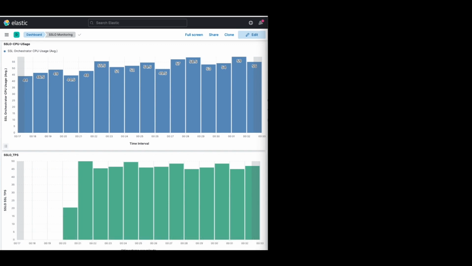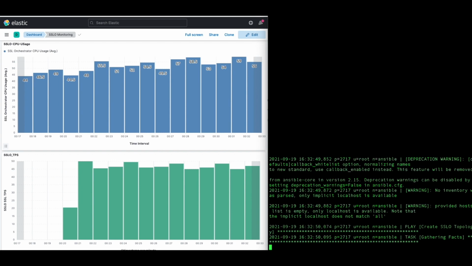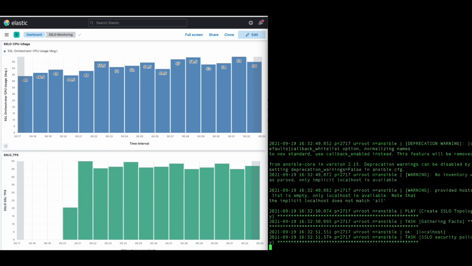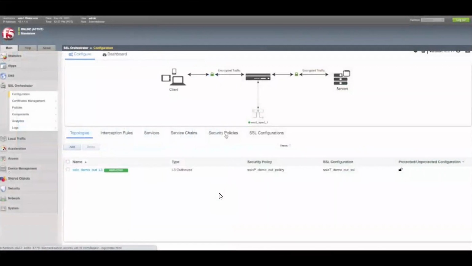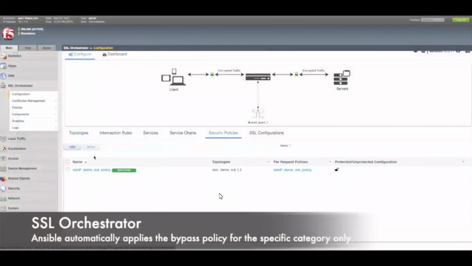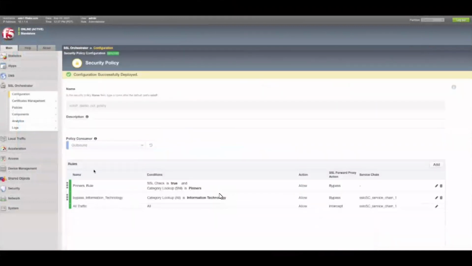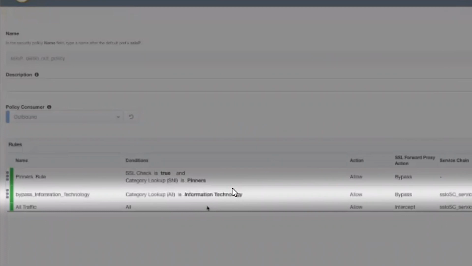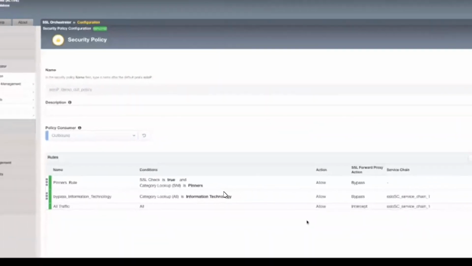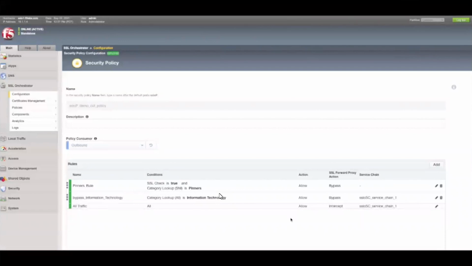So as it runs, you'll notice on your left-hand side that CPU utilization will start to drop, as well as TPS, because of the sheer traffic. And we're going to go back to our security policies. We're going to look and see essentially that only the information technology group is being bypassed. It's only bypassing the information technology and allowing bypass for that, and intercepting all the additional traffic, but that's going to cause the CPU to normalize. Now, once CPU is normalized, and we'll see this in a minute,